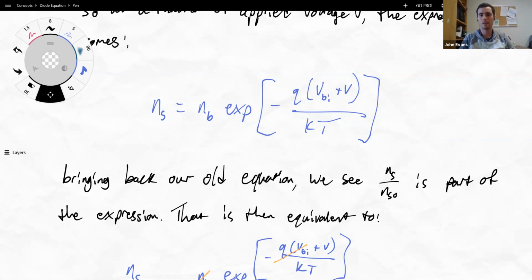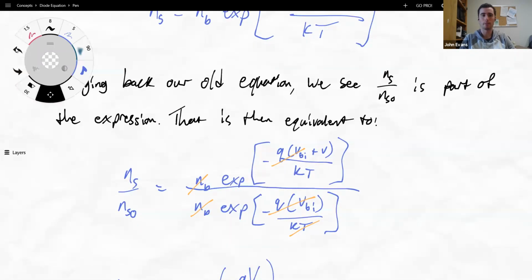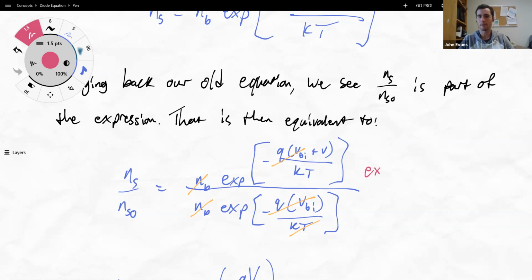So we see that N sub S divided by the equilibrium N sub S is part of this expression. Let's evaluate that. So I'm going to take N sub S divided by N sub S naught. Those are both going to be equal to N sub B times exponential of all sorts of stuff. So the N sub B's cancel out. And the exponentials you could expand to say that this is really exponential of QV minus QVBI over KT